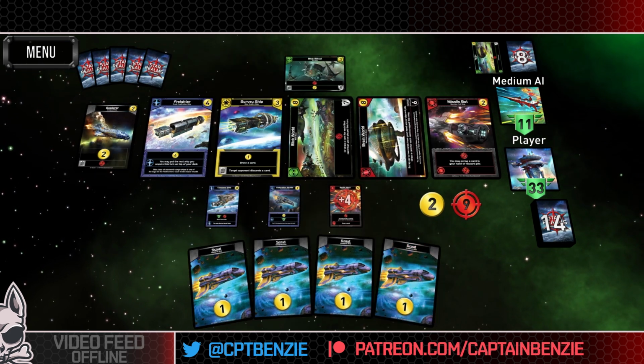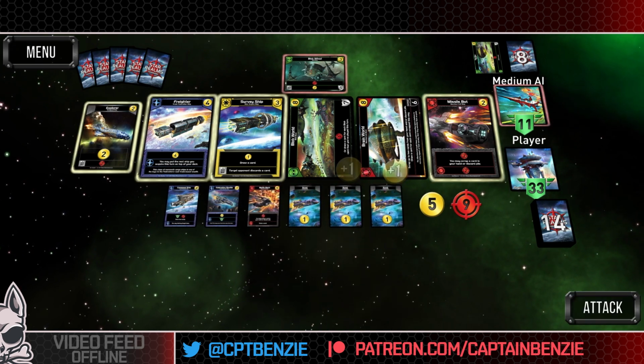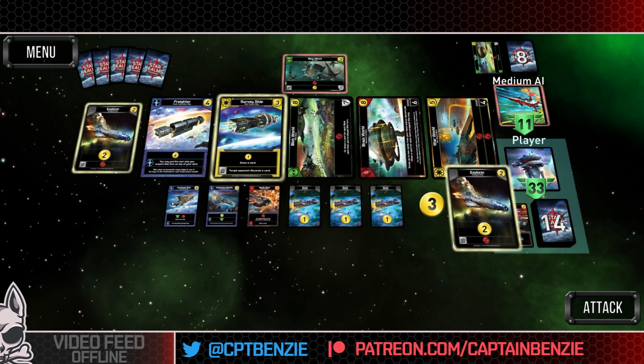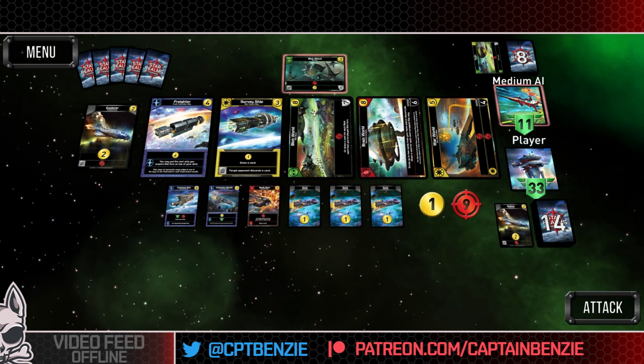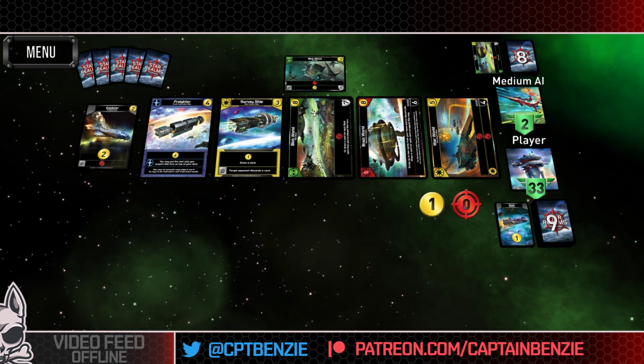We are going to select one of the scouts to get rid of. That's now gone. We're going to just play all for this round. I don't care about the 5. I want that missile bot. And nothing interesting came out, so we're going to grab an explorer. Now, with that 9 combat damage, we're going to take our opponent down to 2, end the turn, and watch